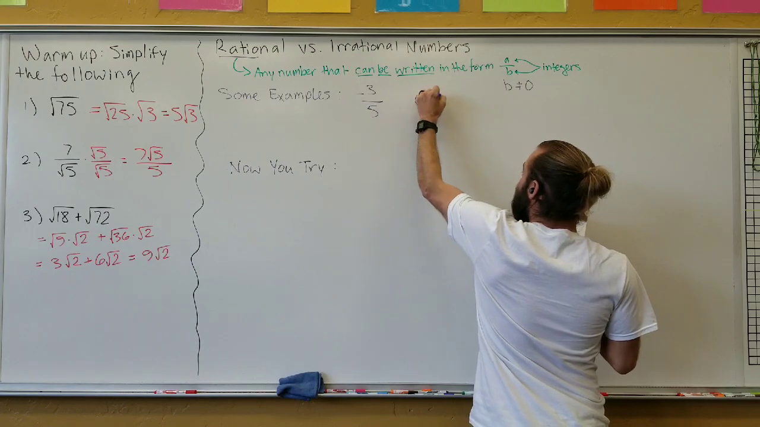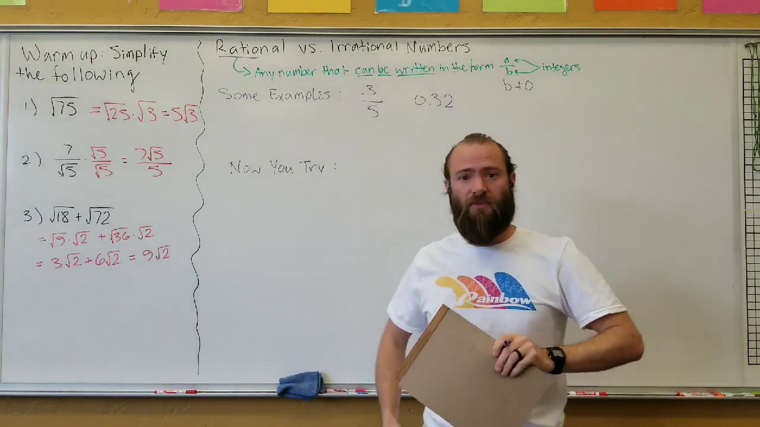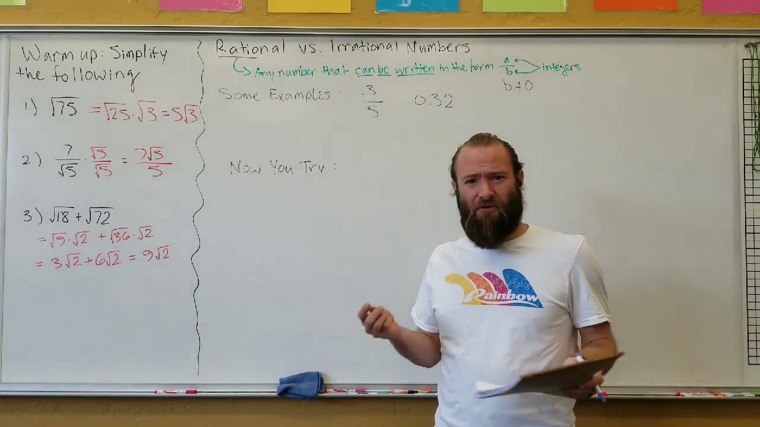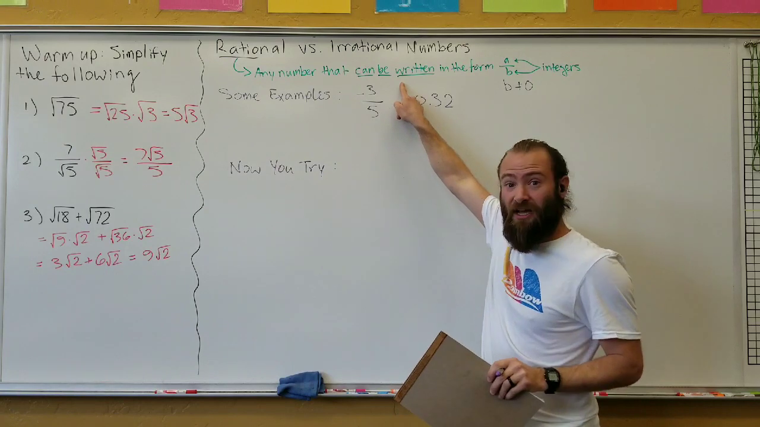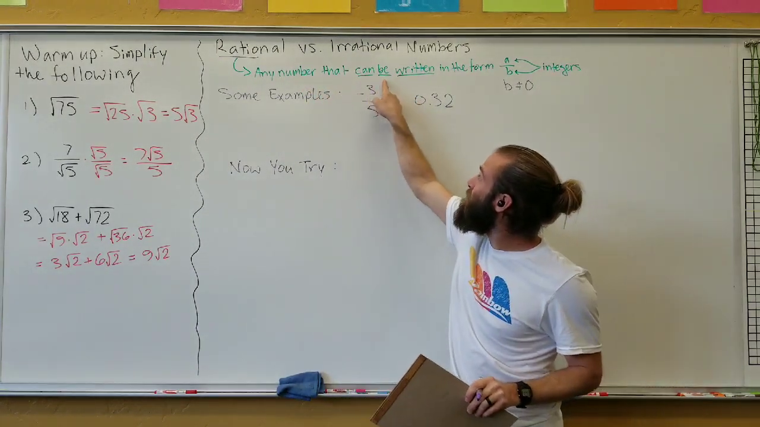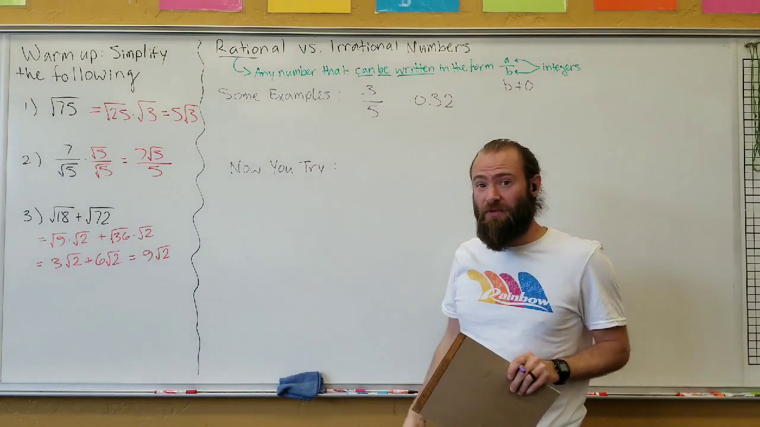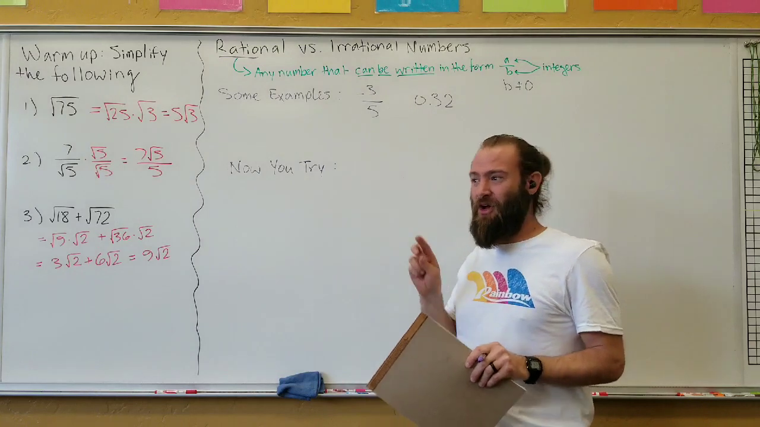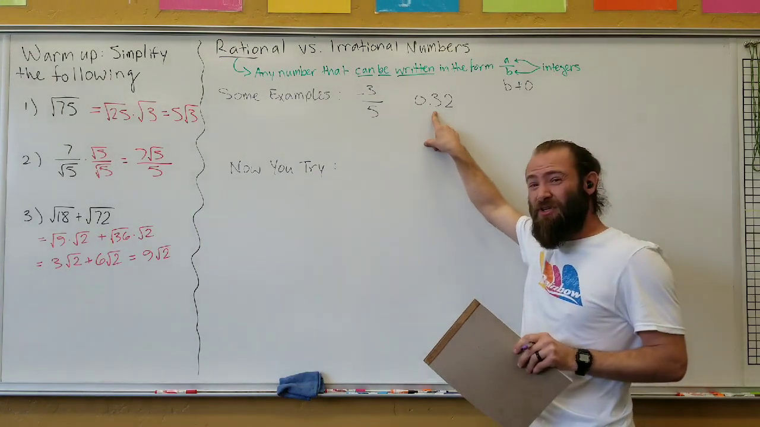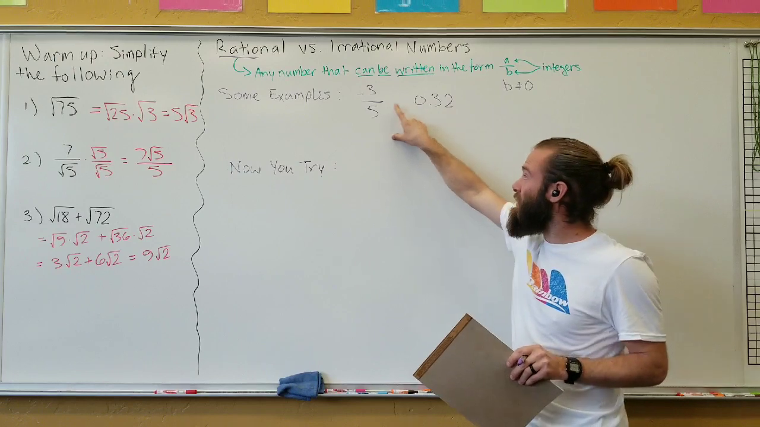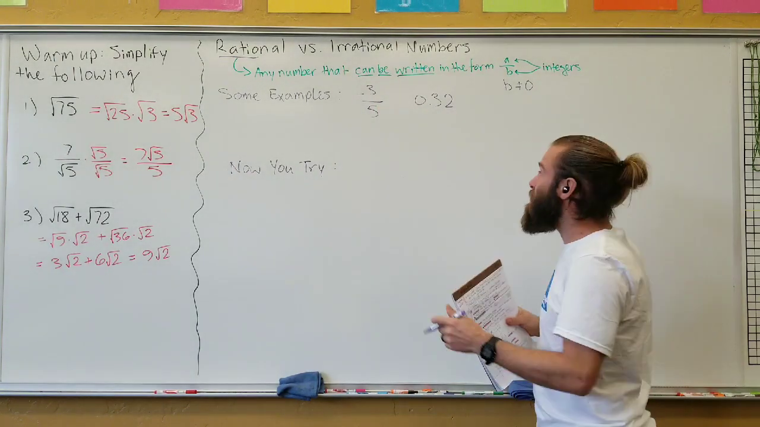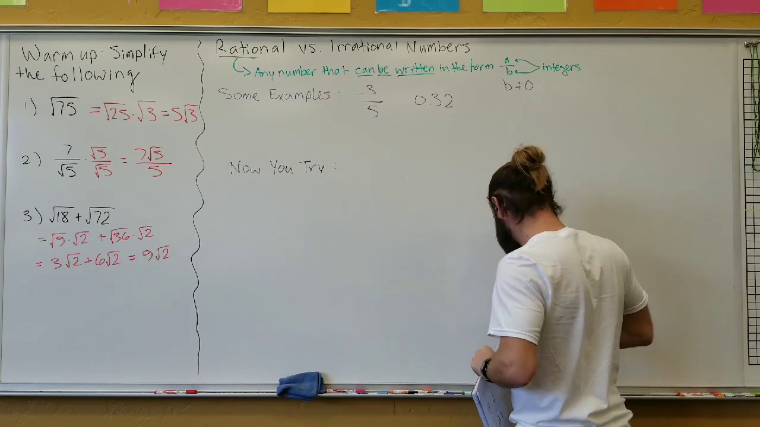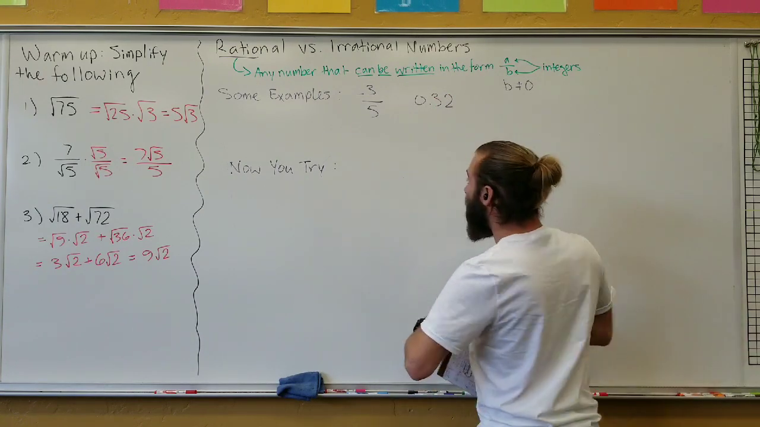How about 0.32? Well, 0.32 is not really in that form, right? But I want to point to something that I underlined here. A number that can be written in that form. It doesn't have to be, because numbers can be expressed in many different forms, so it doesn't have to already be written in that form. Right now, 0.32 isn't in this form, but the good thing is, you probably remember that